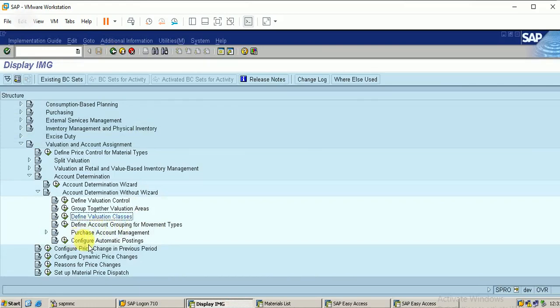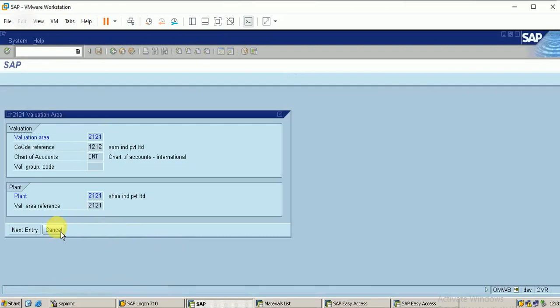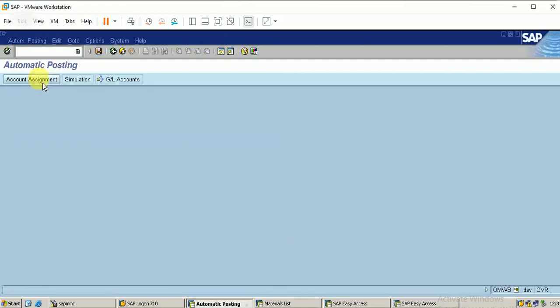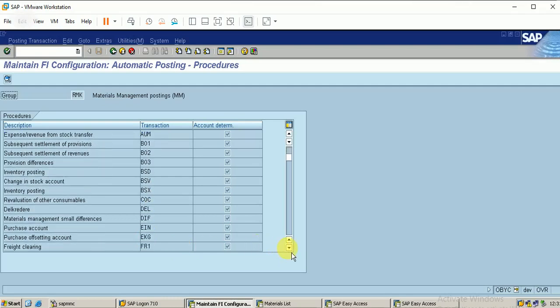So the next step is I can enter into configure automatic postings. Just executing it. Click on cancel. Click on account assignment. The transaction keys I have to configure here are BSX, that is inventory posting, and WRX, that is a GR/IR account.